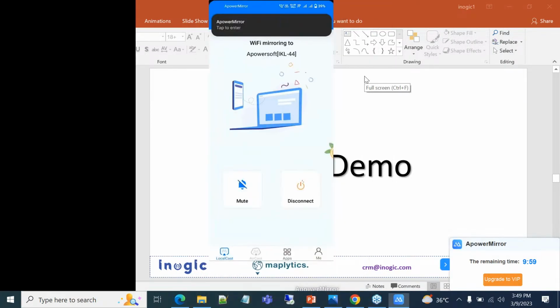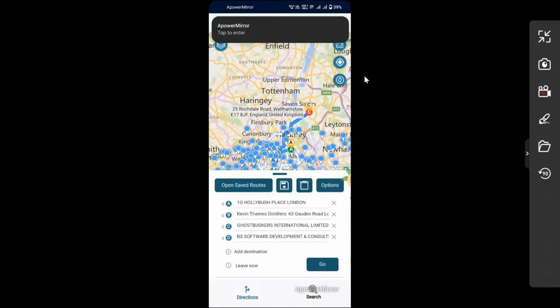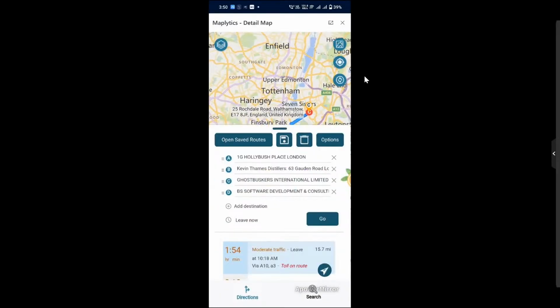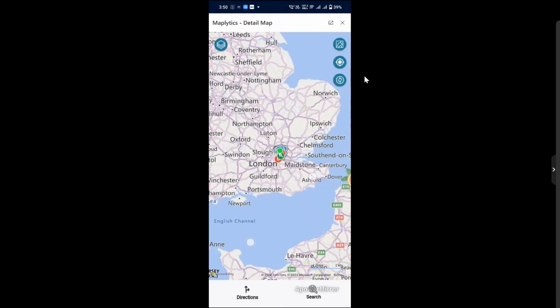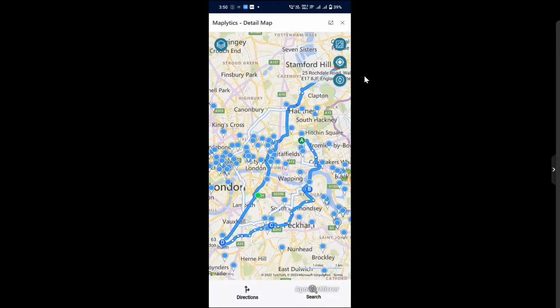So now if you go to the direction card over here, you can see all of the records that you have just added have been added as waypoints. Now you can go for the options and you can see all of these options here. You can choose whether you want to optimize the route based on shortest distance or shortest time, if you want to avoid toll roads, avoid highways, or if you want to see the traffic on the map. All of these options are available. So if you click on it, it will give you the optimized route based on the selection of the records that you just made. So this is the route that I have just got,